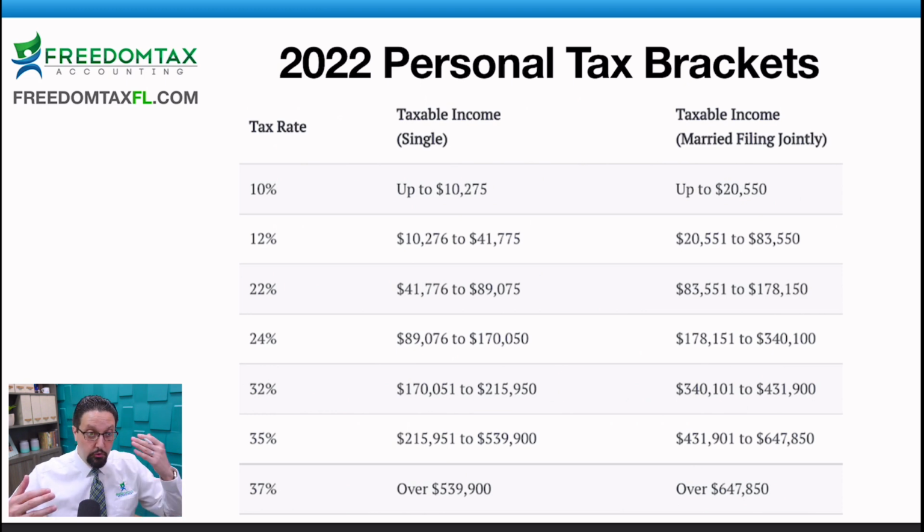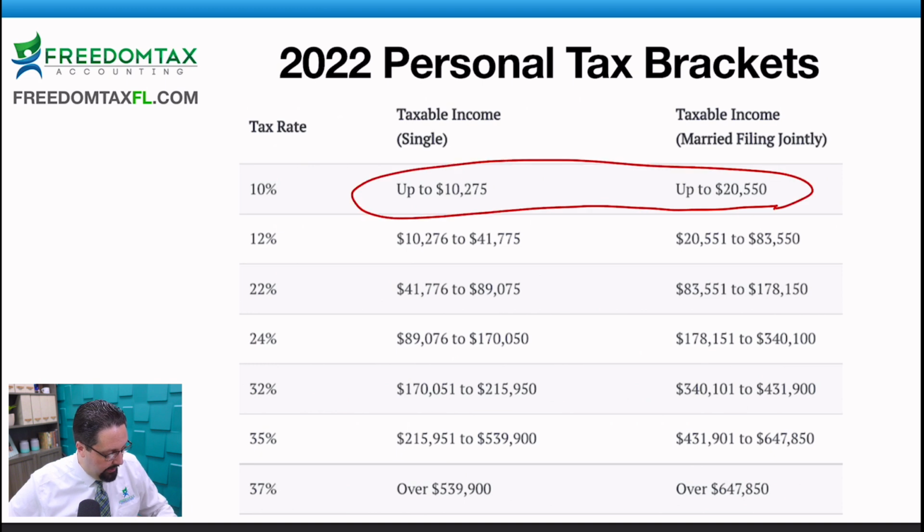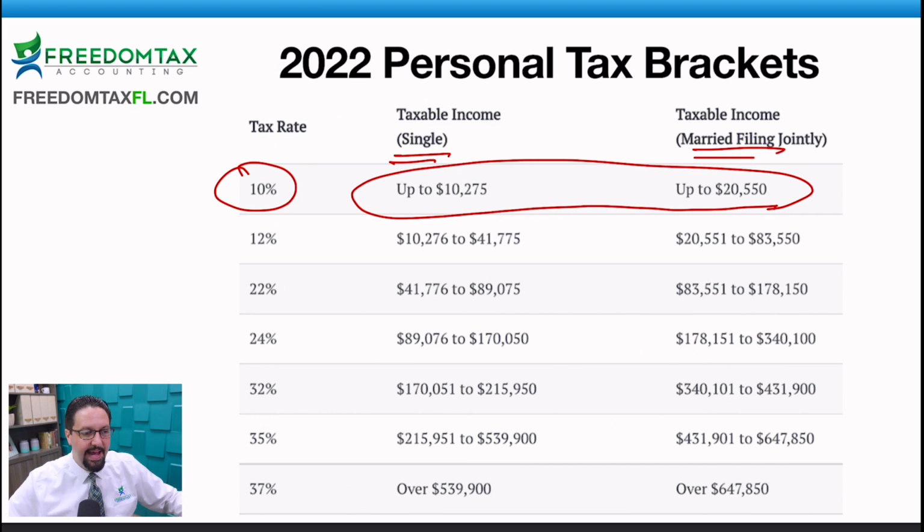Okay. So how much in taxes are you going to pay from your rental income net profit? You have to take a look at your household income. Okay. If your household income is in this range, okay, this is for single filers and this is for married couples, then you're going to pay 10%. Okay. So you're going to pay the personal tax bracket